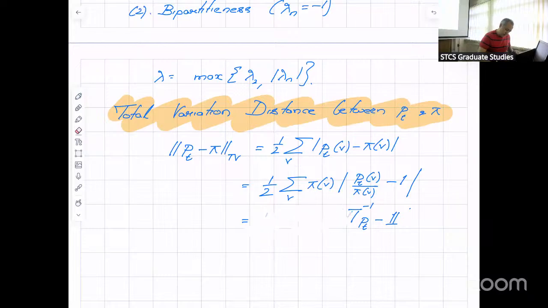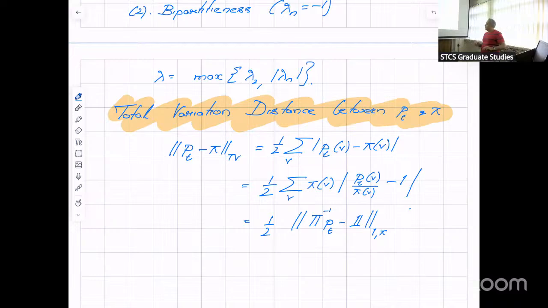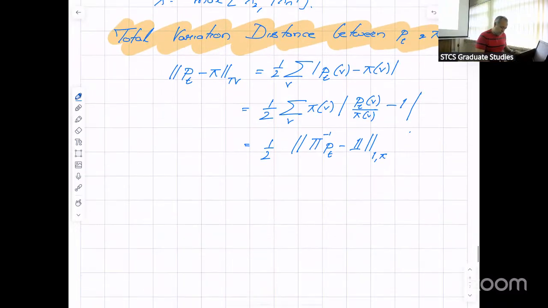I want to write this in vector notation. I want to write this as half of, let me write it down and then you will be convinced of what it is: pi inverse of PT minus the all ones vector, its one norm, but in this pi world. What do I mean by one norm of a vector, where